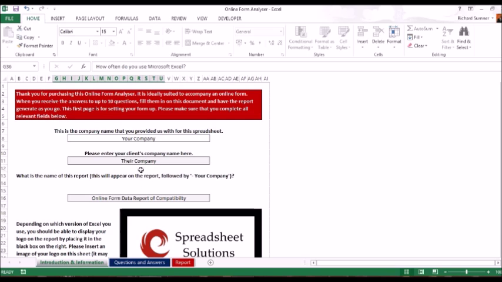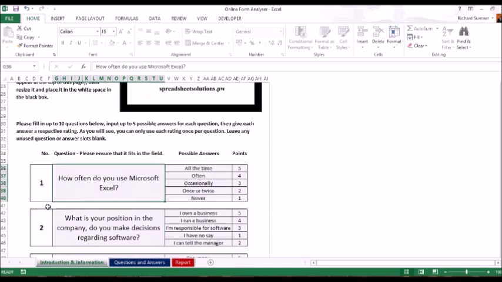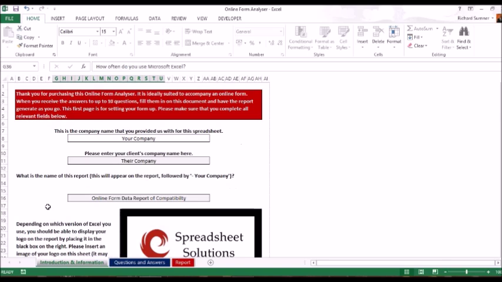Obviously, all of the stuff below here you can set up beforehand, but then once you save the template, you would just change each company that sends it in. You're putting in their company details. You wouldn't need to create one of these specifically for each company. You'd create one form for your online form, which will have all your questions, and then each person that sends in their answers would get their own